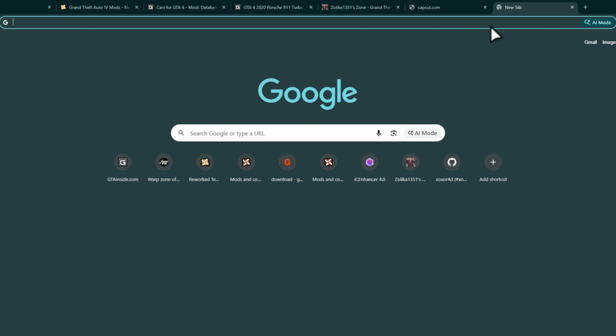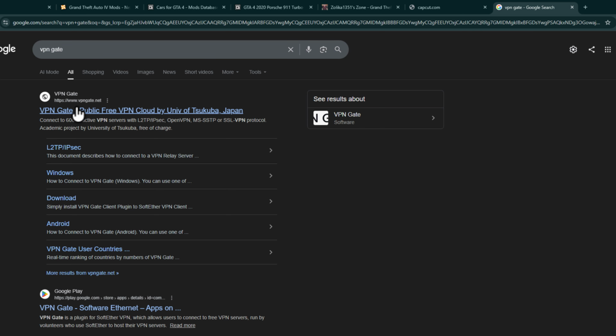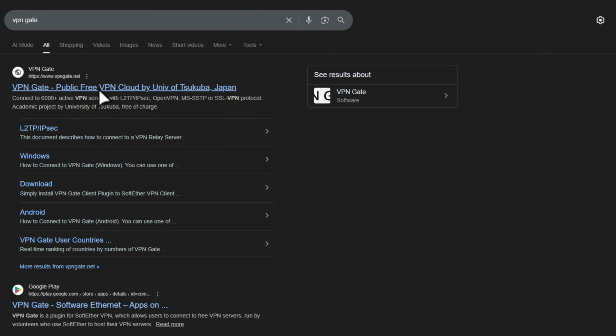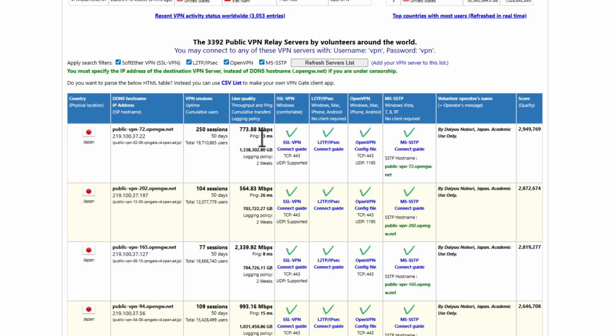Open up a new tab and search VPN Gate and select vpngate.net. Scroll down and find the lowest ping at the top, as you can see. Just copy this host name,